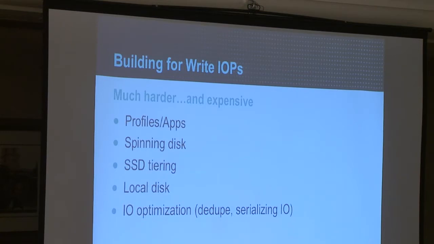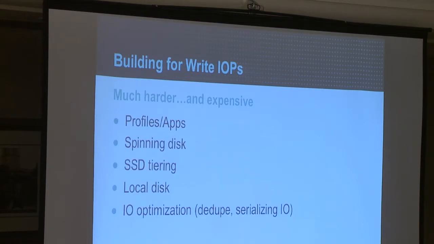If you're in an environment where a large number of users log in all at the same time, this maybe would be like education, and using roaming profiles, you're creating a lot of write I/O all at the same time. And because it's write I/O, now we're back to doing the math on the RAID penalty. We're trying to figure out what our total amount of IOPS are, and we're trying to land a large amount of data and a large amount of IOPS.